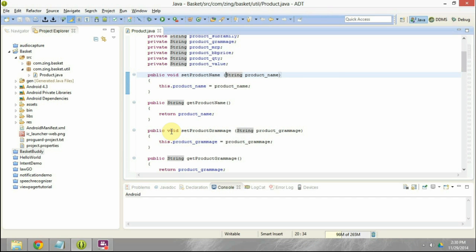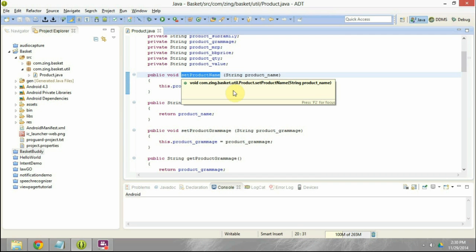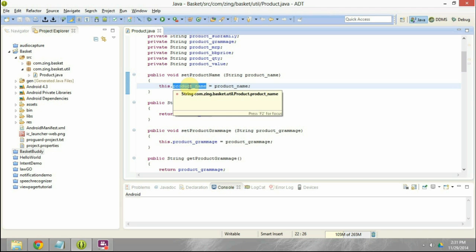If in the calling class we call this method set.productName, it is going to take the product name which was passed as a parameter and assign it to this particular instance of the object's product name.